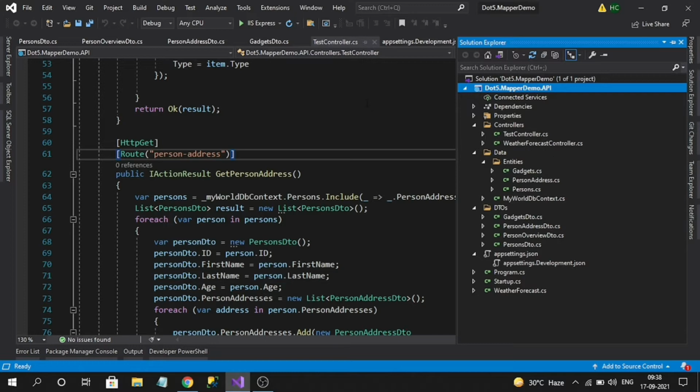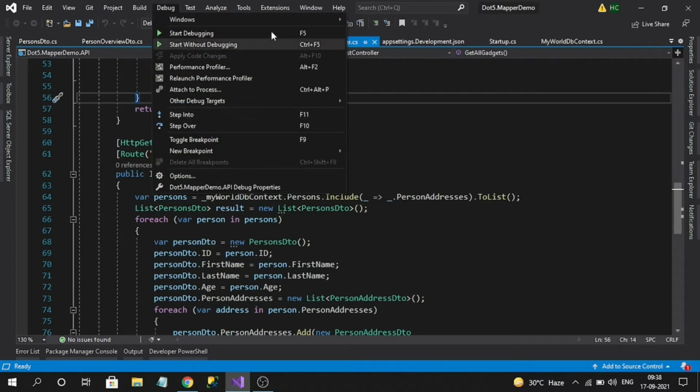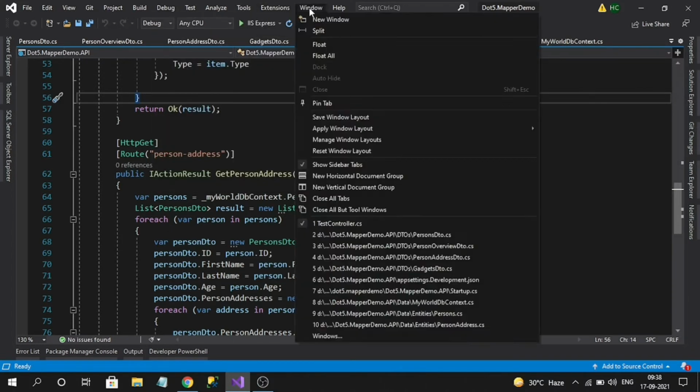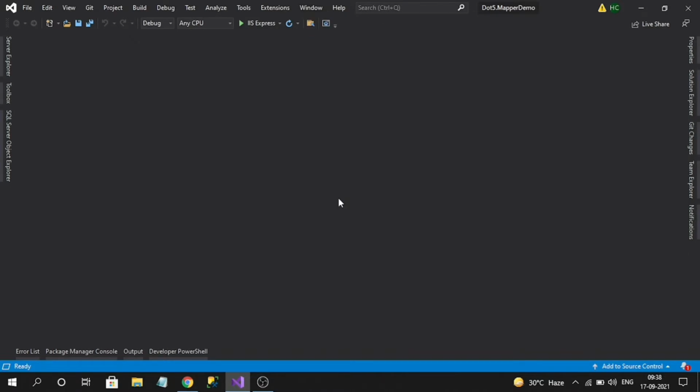Before showing any endpoint code, I first need to set up the initial configuration of AutoMapper. I haven't set any initial configuration until now. Now I am going to do the initial configurations required by AutoMapper. First thing is we have to install the AutoMapper NuGet package.